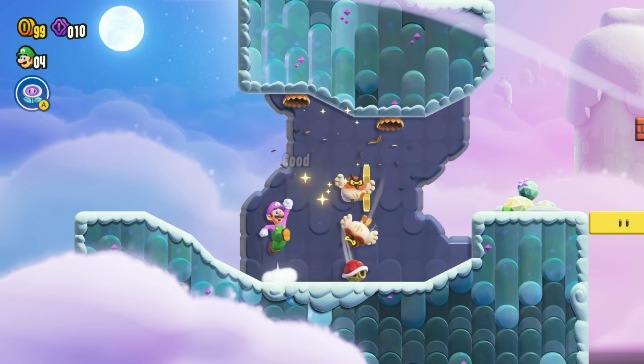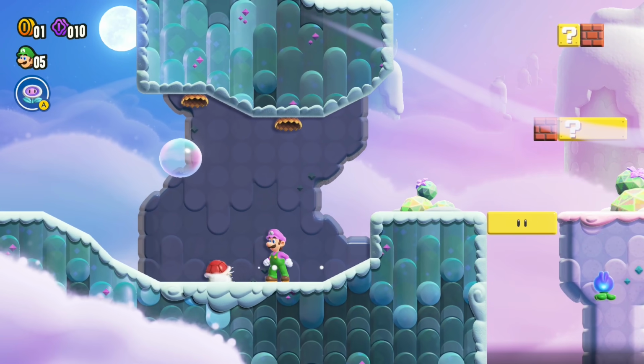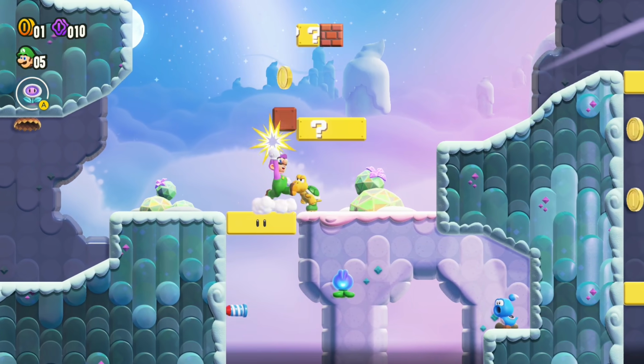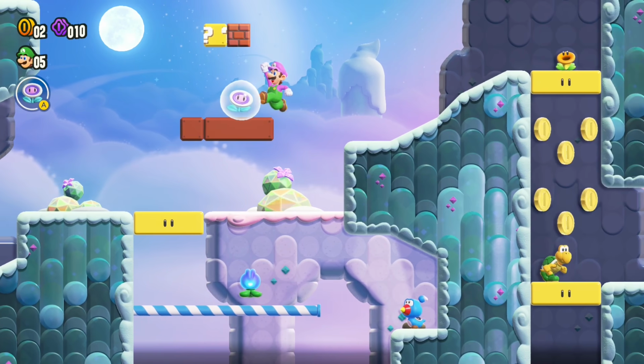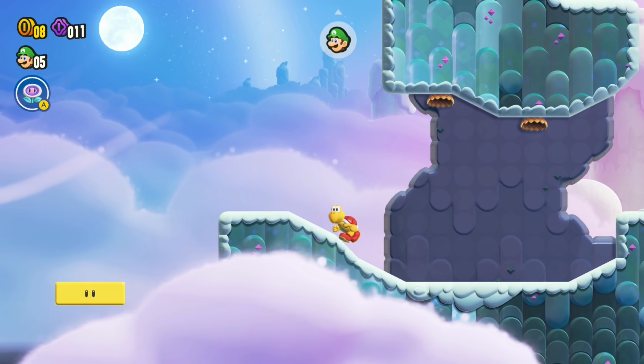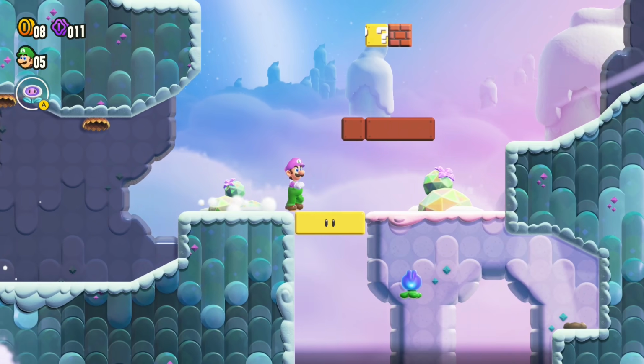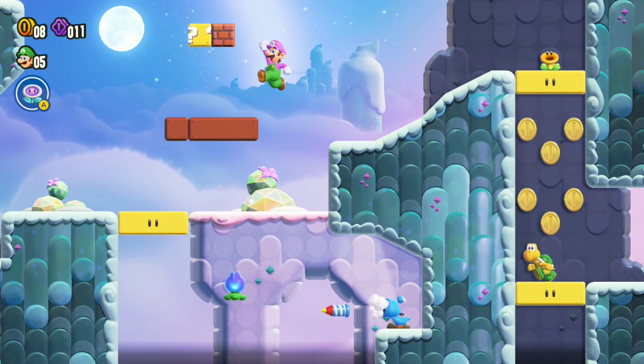Which is kind of a challenge, but it also takes such a long time for that to happen that I don't think most people would even encounter that at this point in the level, which is fine, I suppose. I also hit some coins up here, by the way, which I don't think I really talked about before, but yeah, those are there because why not? Just gotta have some more secrets.